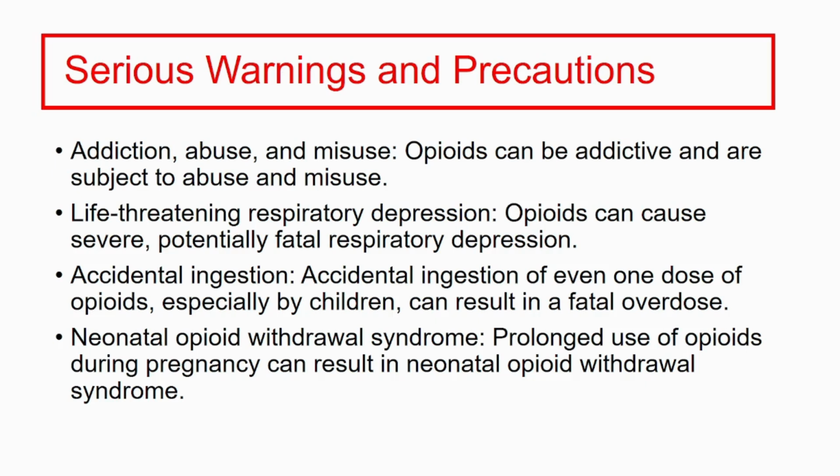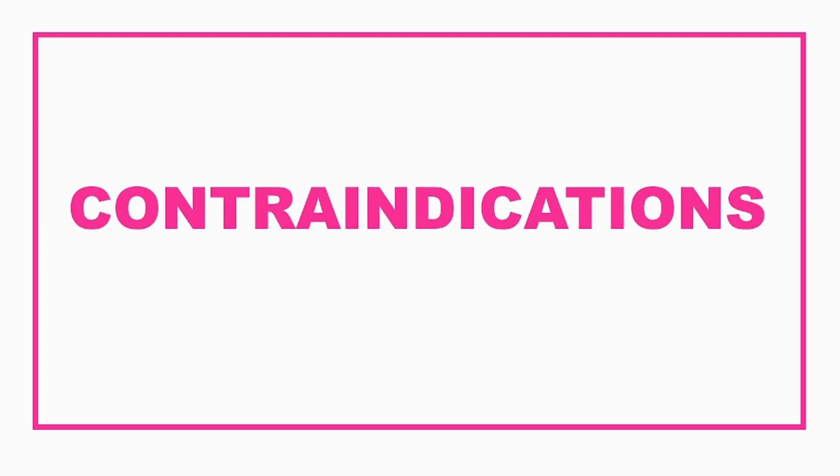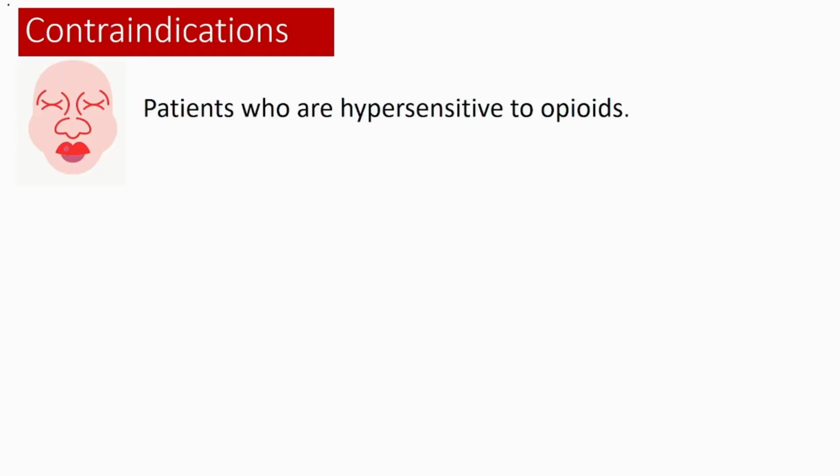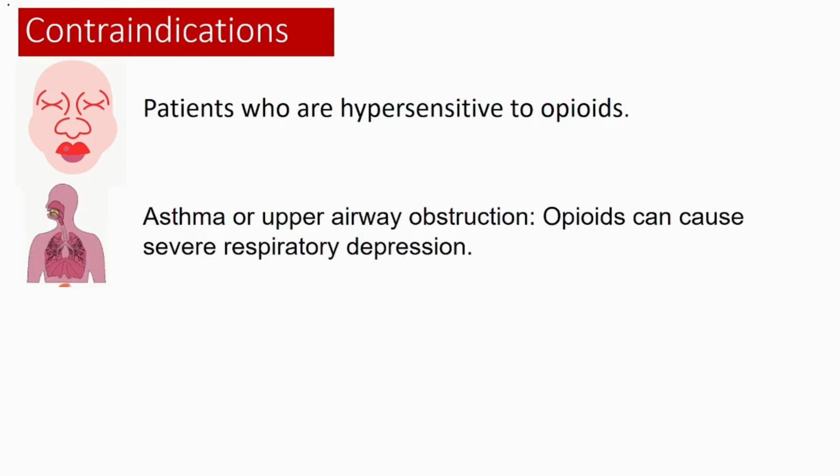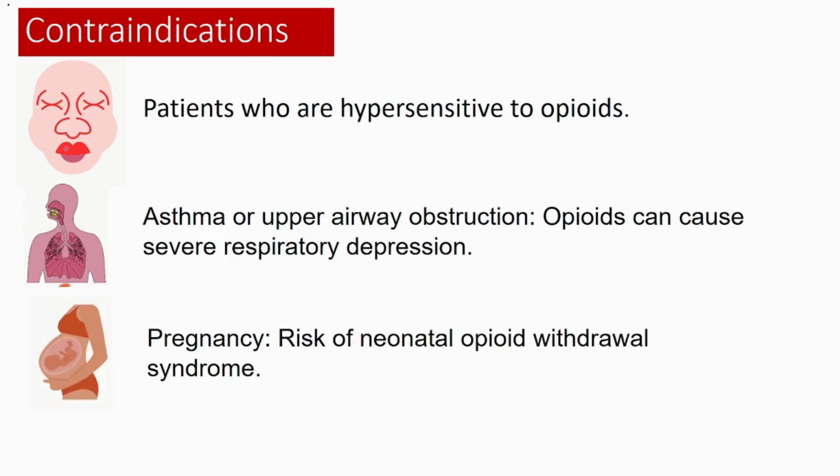Neonatal opioid withdrawal syndrome: prolonged use of opioids during pregnancy can result in neonatal opioid withdrawal syndrome. So generally, they are not preferred and are less likely to be used during pregnancy. There's a long list of contraindications for opioids. Let's talk about what exactly opioids are not used for. Hypersensitivity to any opioid, avoid other opioids, and especially asthma and upper respiratory obstruction, since opioids can cause severe respiratory depression. And then pregnancy, especially the risk of neonatal opioid withdrawal syndrome,